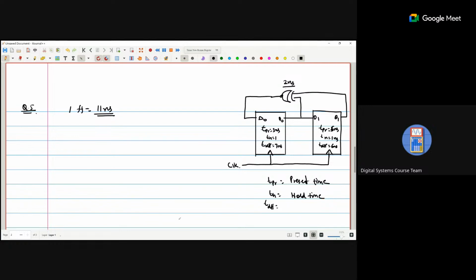Okay. What is the preset time? If this is my clock pulse, or if it is my changes, we distribute this one into two parts. One is before the starting of this one, and after the ending of this one, and then delay. Okay, so we distribute as TPR, TH, and TDFF. Okay, so total time taken for the first flip flop to get the output is